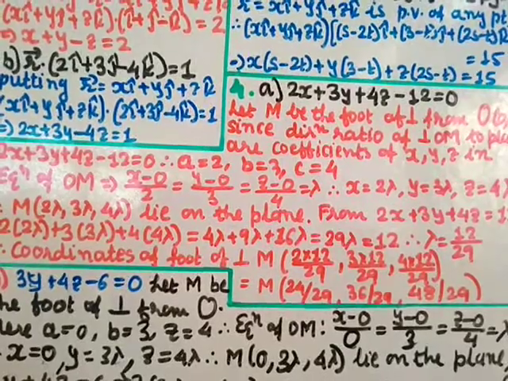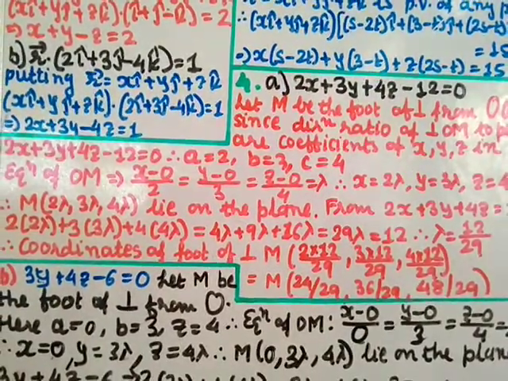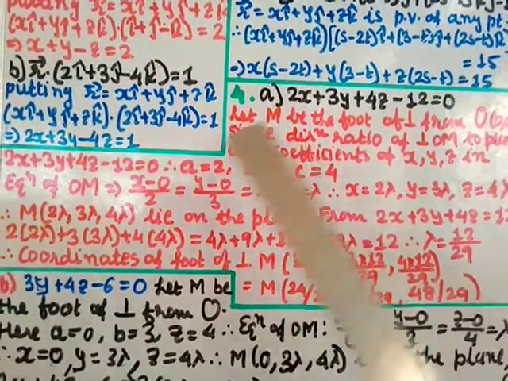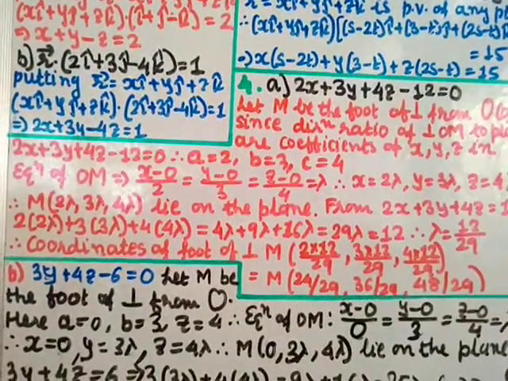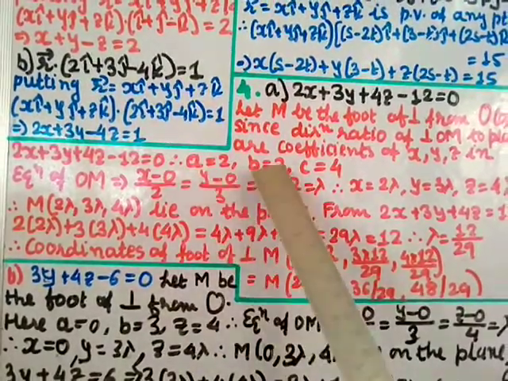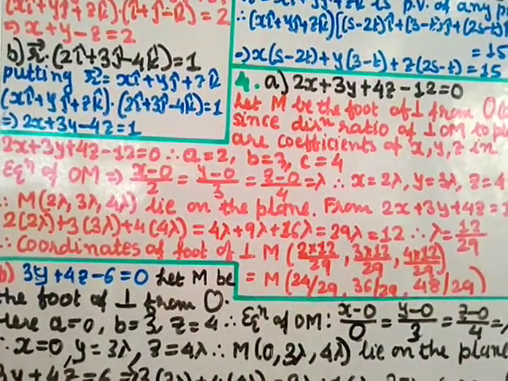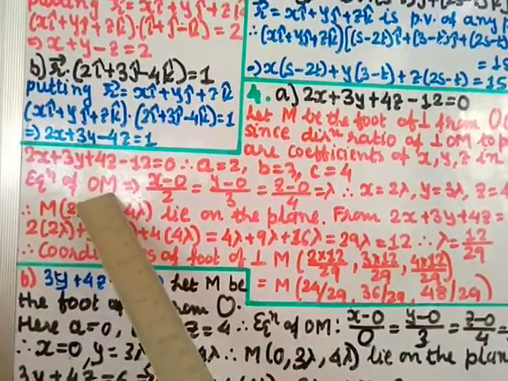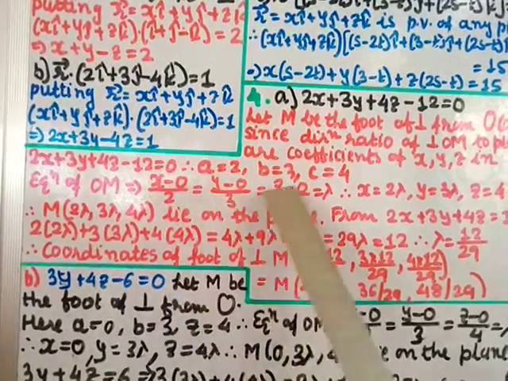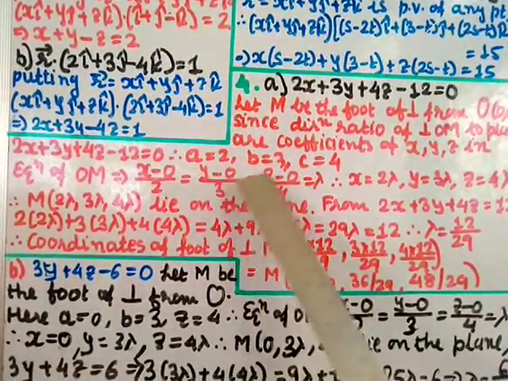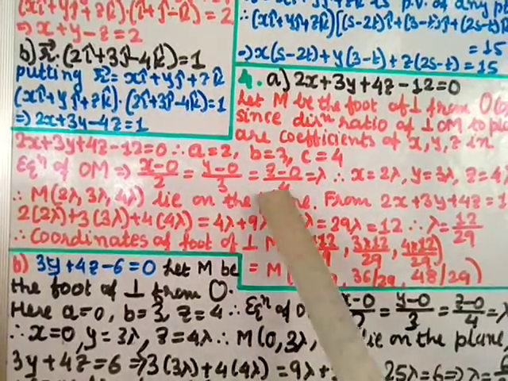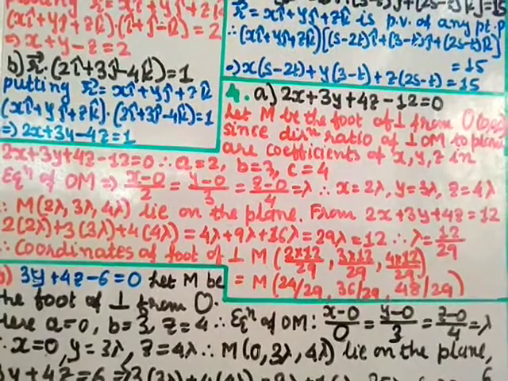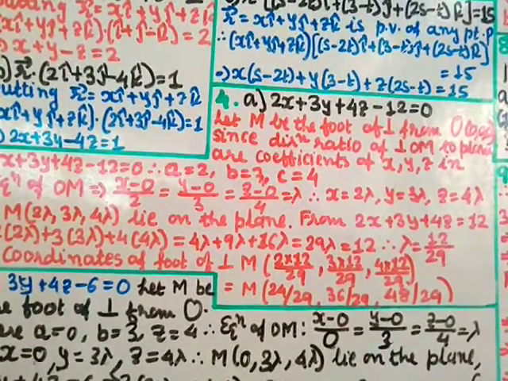Now we shall write the equation of the line passing through the origin and the point M. So we take O as (0, 0, 0) and M we take as (x, y, z). And we have got the direction ratios 2, 3 and 4. So we can say that it is the equation of OM, that is the perpendicular. Equation of the perpendicular is x minus 0. This is the origin, so 0, 0, 0. This is x1, y1, z1, and this is A, B and C. You remember, we have done this in the theory class, the equation of a line passing through a point (x1, y1, z1) with direction ratios A, B, C.